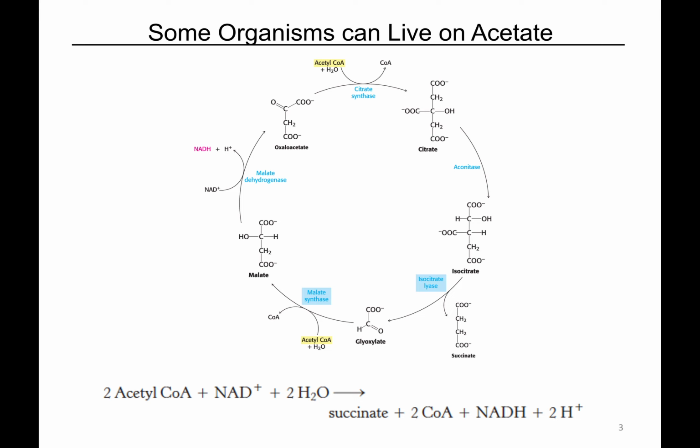this into 2 fragments. We start with a 6-carbon fragment, we end up with a 4-carbon fragment, that's our succinate, and we end up with a 2-carbon fragment that is an alpha aldehyde. So this is glyoxylate. And then the glyoxylate really in many ways kind of acts like oxaloacetate at this step.